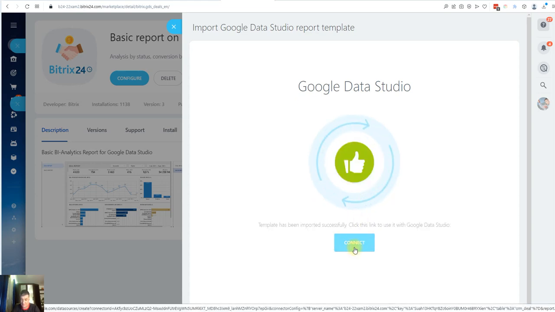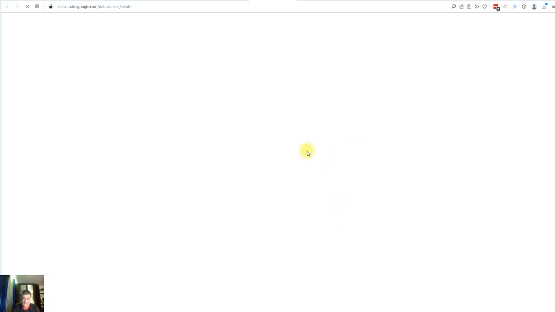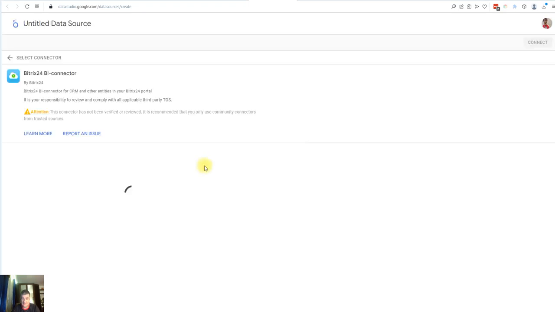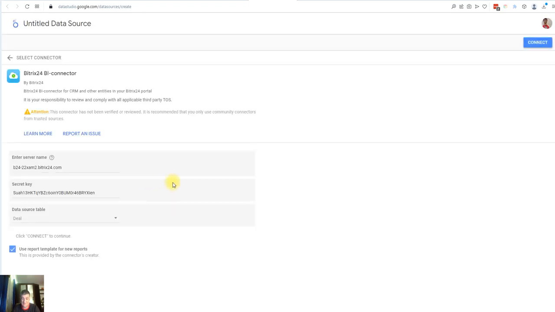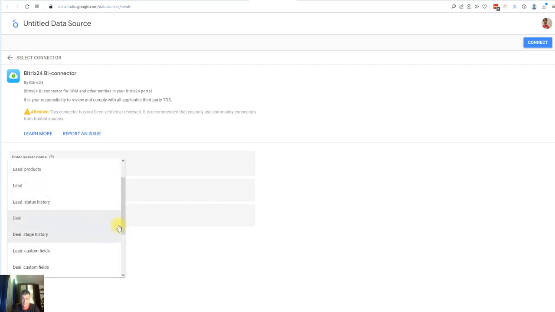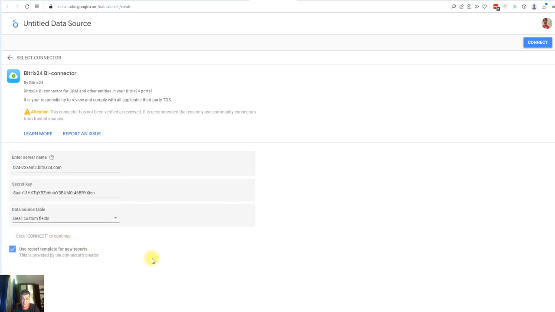Connect, and here I need to select deal user field, deal custom fields, and deselect this checkbox. After that, I press Connect,